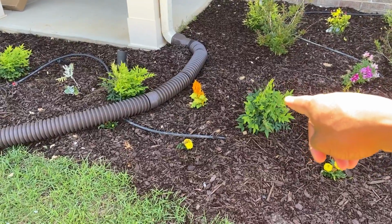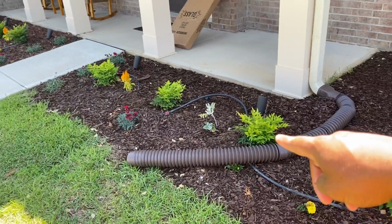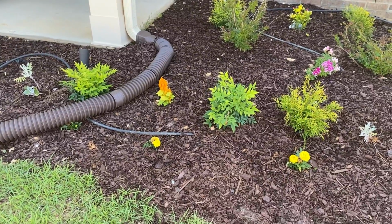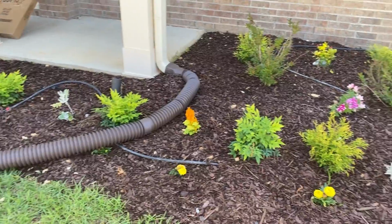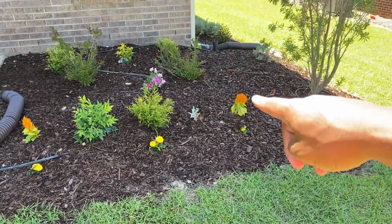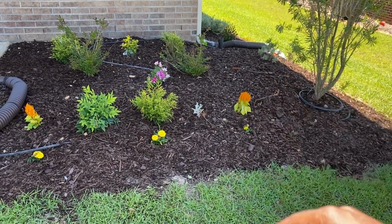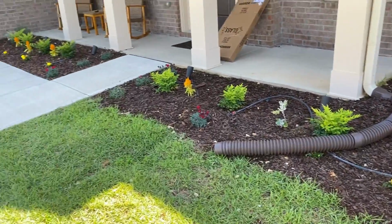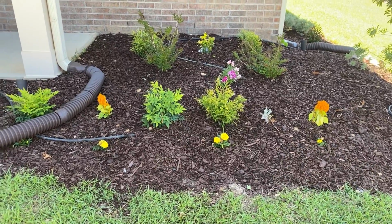These are lemon lime nandinas. I have these across the front. They get about 3 feet high at maturity, but I like the lime. I like the golden lime in this bed or around this house because of this brick. I really like this flower, but I like the dragon breath, which is kind of red foliage and red. I tried this gold, but it's not kind of pulling off the way I want it to. Same thing with these flowers. I mean, they're okay, but